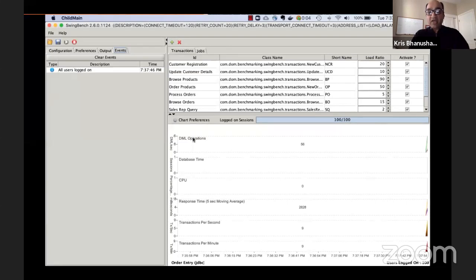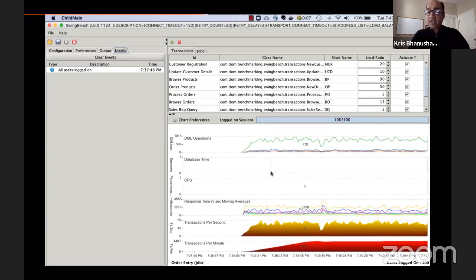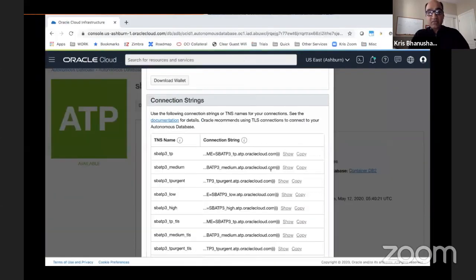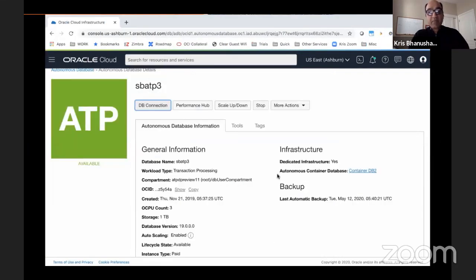By the way, this was recorded from my laptop here, right where I live, and the database is on the East Coast. This was connected to our Ashburn data center. So of course there's a big round trip, about 3,000 miles, and so you might see some delay in terms of the connections, but that wasn't the point, so I think it's okay.